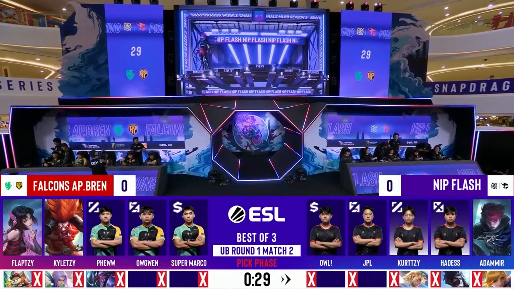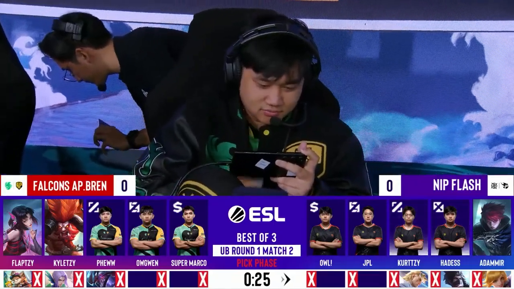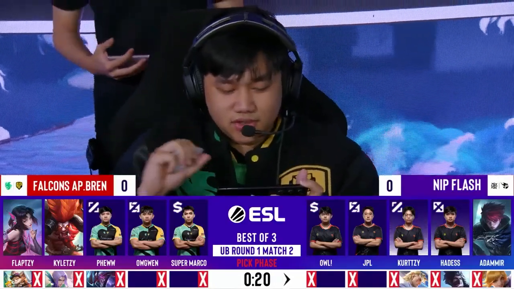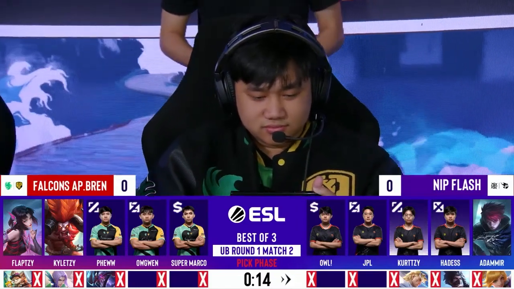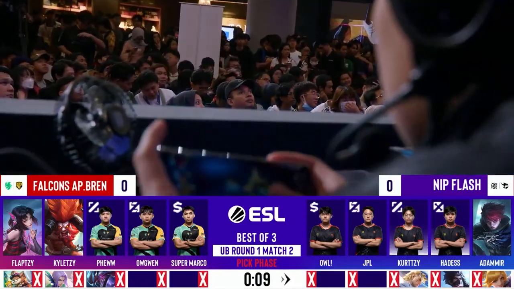If I'm not mistaken, there was also a game where Falcon Saber Brand was able to get the Zushin paired up with the Minotaur. Okay, so it's really part of their drafting strategy. So now for NIP Flash, they need a hero that could also be up front. We've mentioned the Edith, even the Roger, but the Moskov could be a nice hero against heroes like